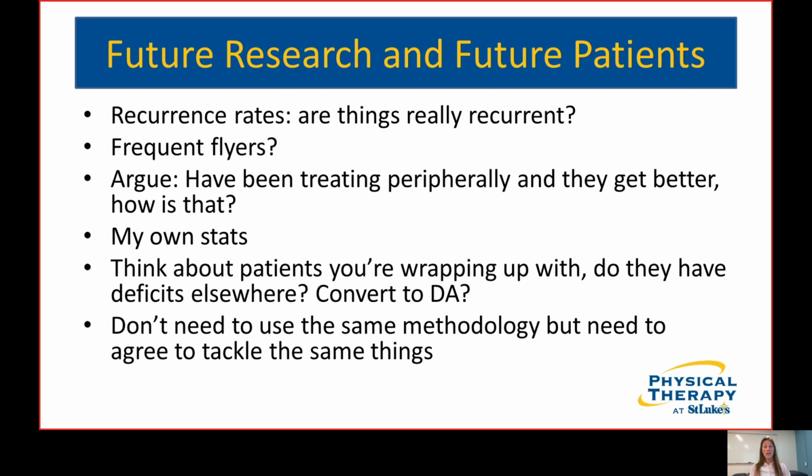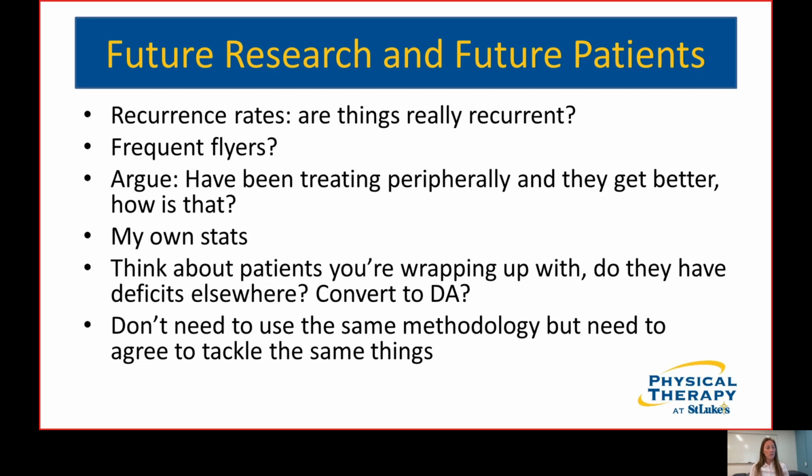So think about maybe the last couple of cases that came in. What do you find, out of the last few elbows or knees that showed up with isolated pain? Did we rule out the spine? Maybe not. Maybe it's worth looking at, another time. Think about the patients that you have on caseload that you're wrapping up with. Do they have deficits elsewhere? Did this knee issue create a limp, irritate the back? It's worth a screen. Maybe we're digging something up that we hadn't seen before.